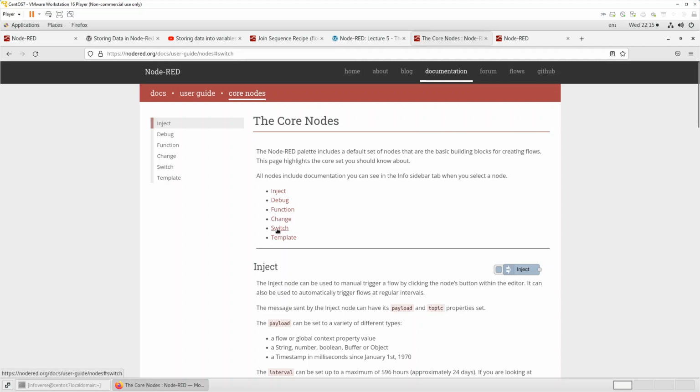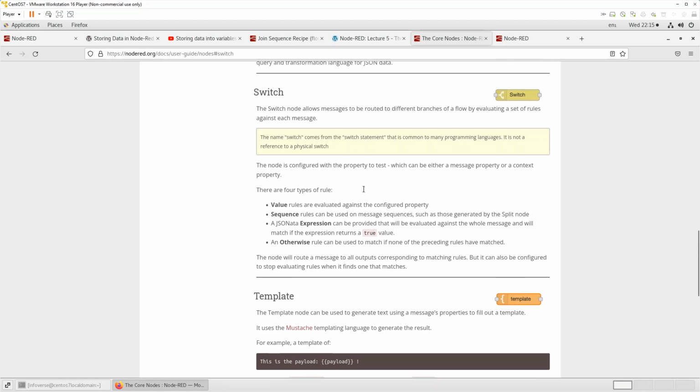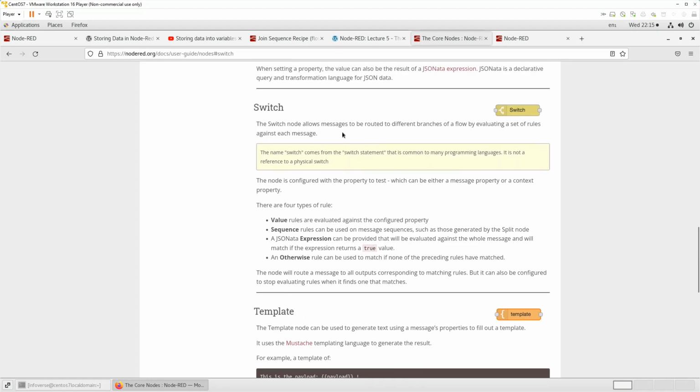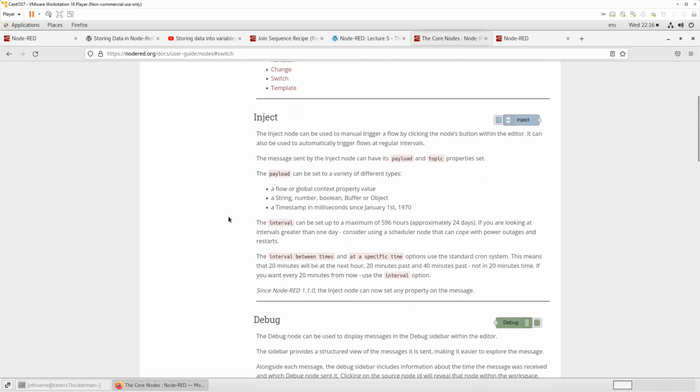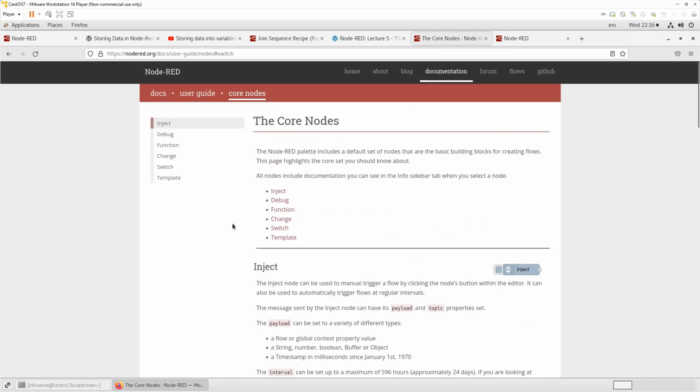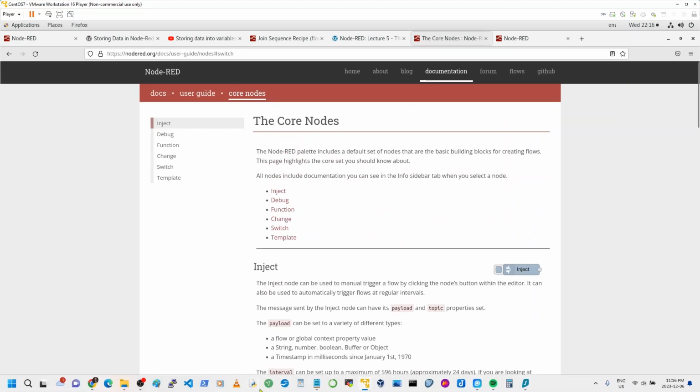So we're going to look at switch, which is a node that allows messages to be routed to different branches of a flow by evaluating a set of rules against each message. The node is configured with the property to test, which can be either a message property or a context property. And we will also be looking at range, which allows us to